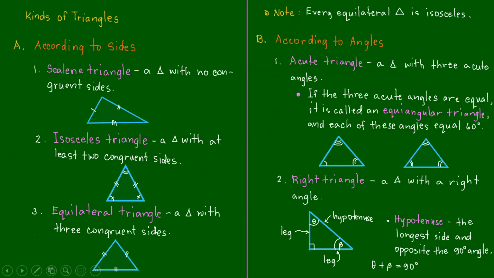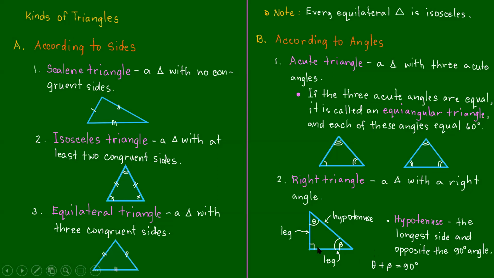We classify triangles according to sides, according to angles, and as to general classifications. According to sides, we have scalene, isosceles, equilateral. Relative to angles, we have acute triangle with a special case of equiangular triangle, that is, having all the angles equal. And then we have a right triangle with important parts, hypotenuse, and the two legs. The angles are 90 degrees and two acute angles. So the hypotenuse is the longest side